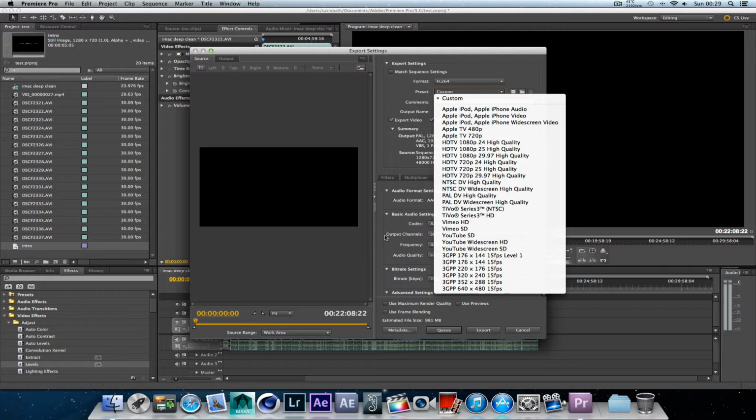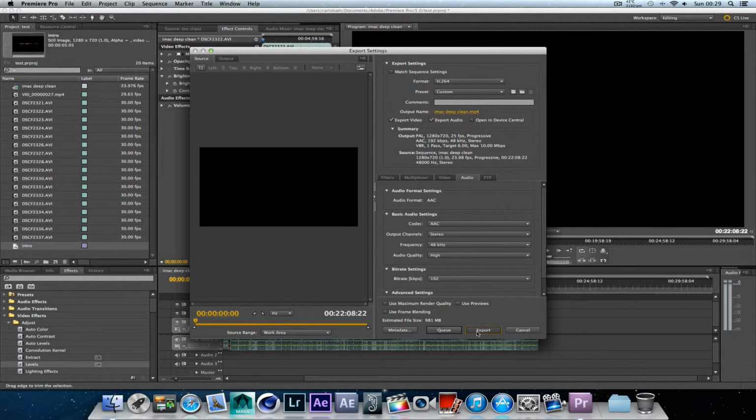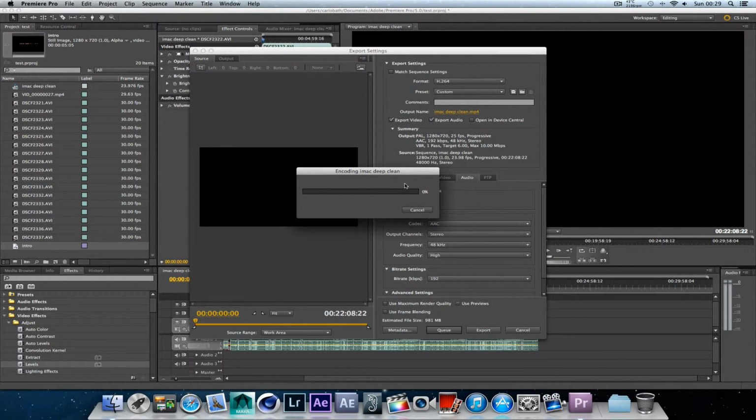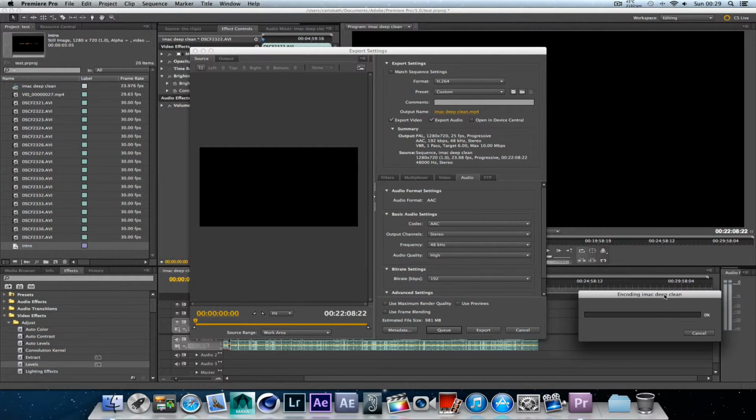So I'm just going to keep that like that for now, and then I'm just going to click on export, and then what that will do is that will bring this window here and it will start to export, and that's basically it really. Once it's exported, it will go to wherever your output folder is. It's usually within the Adobe folder, that's where you'll find it. Yeah, so that's it. Next tutorial is going to be around